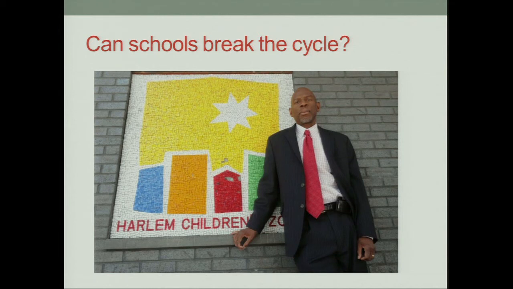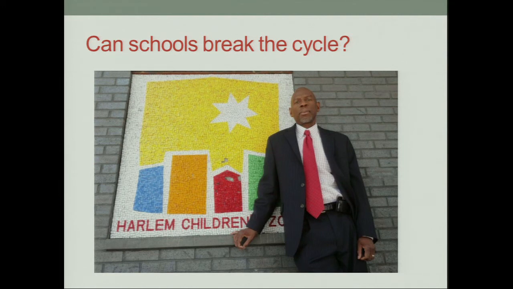Hopefully many of you know about the Harlem Children's Zone. This is Geoffrey Canada. If you aren't familiar with the Harlem Children's Zone, I encourage you to learn more about it. There are a couple of really great books written about this. The Harlem Children's Zone is a 97-block neighborhood in Harlem that combines really intensive neighborhood social support with high-quality charter schools. These schools were depicted in Waiting for Superman, and they place a really high value on academic performance, but they also intentionally try to shape self-concept. And they provide students with long-term relationships with supportive adults.